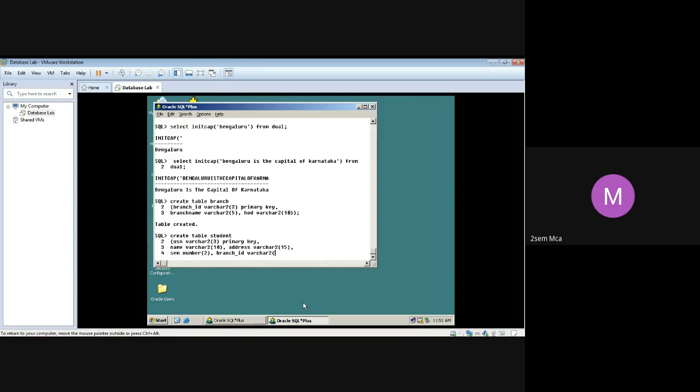You have to give the same data type and size. Don't change your data type and size. The name can be different in this table, but I'm giving the same name just to avoid confusion. But your data type and size should be the same as your primary key, whatever you have created there. Branch ID, varchar2 of 2.